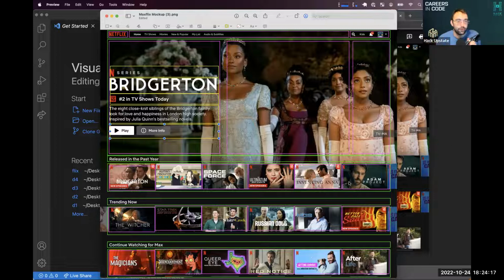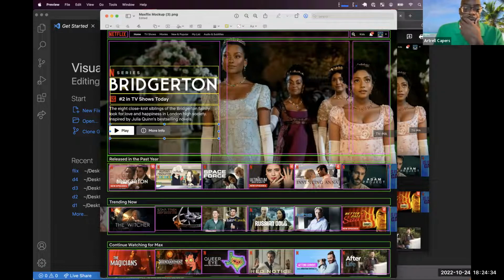I'm going to shut up here for a minute. Any questions on this? This is our final outline. Does everyone feel like if they were doing this on their own, they would be able to come up with something similar? Artrell, go ahead. So the column which says the end series and Bridgerton and all that,